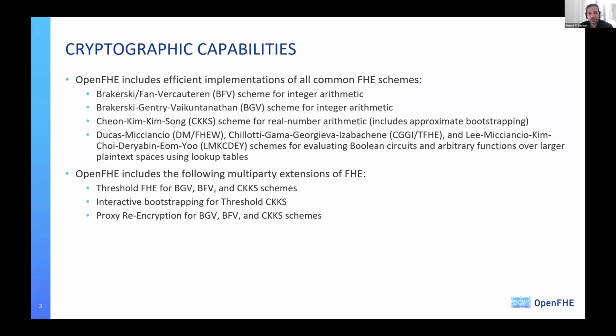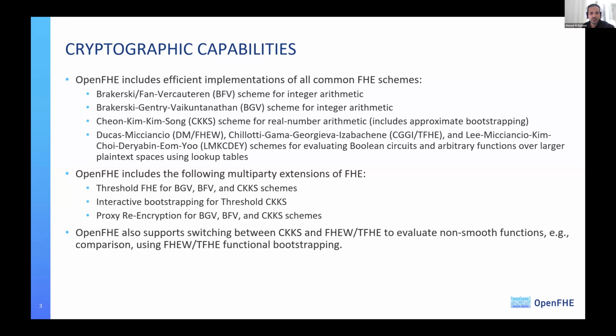Also, OpenFHE includes proxy re-encryption for BGV, BFV, and CKKS schemes, and by this I mean delegating the decryption from one party to another. Suppose party Alice has a ciphertext and she wants another party, Bob, to decrypt this ciphertext. This capability is included using proxy re-encryption. Basically, you switch the key from Alice's key to Bob's key.